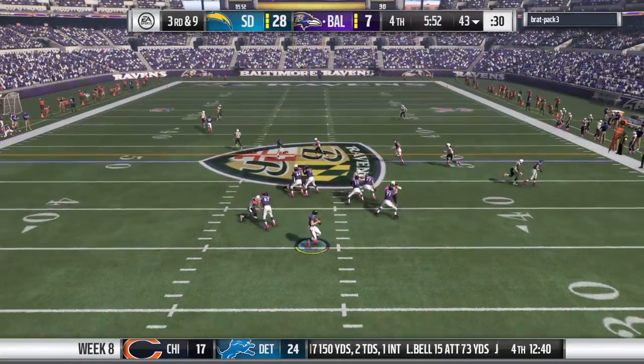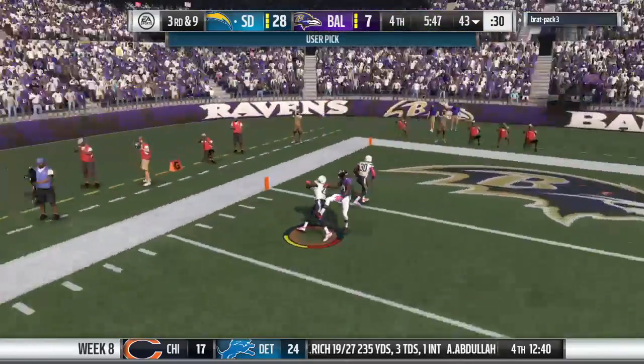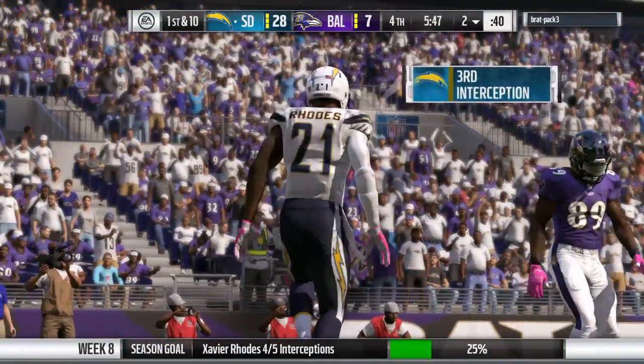Now it's Stafford. Backing up. He's going to let this one go deep. And he's going to be intercepted a 3rd time. Xavier Rhodes with a pick. And a big turnover there as his guys will get the